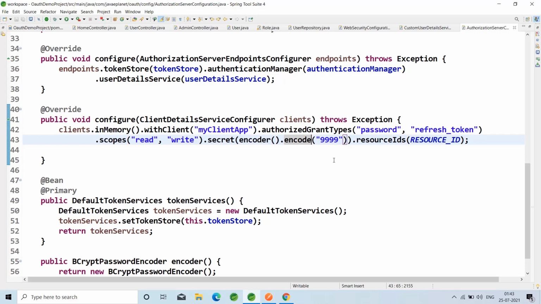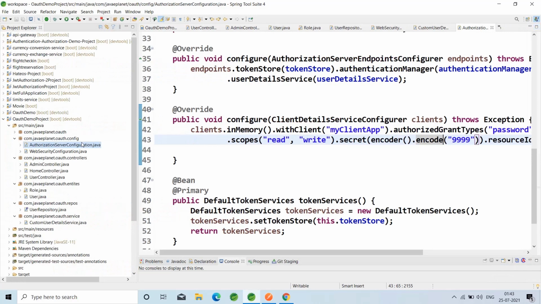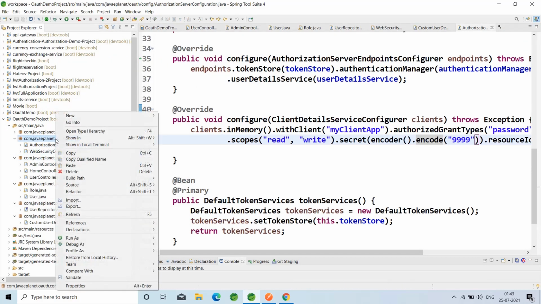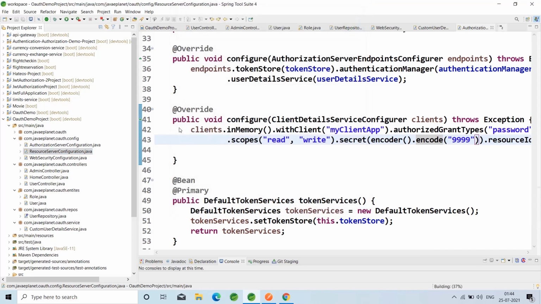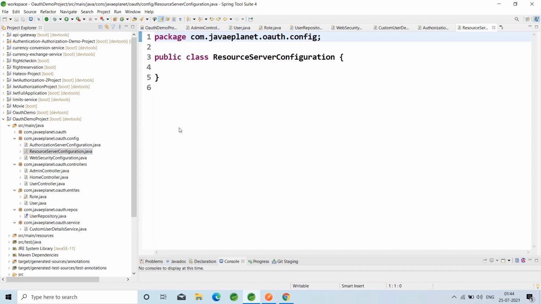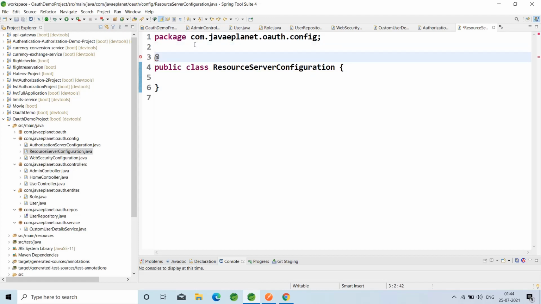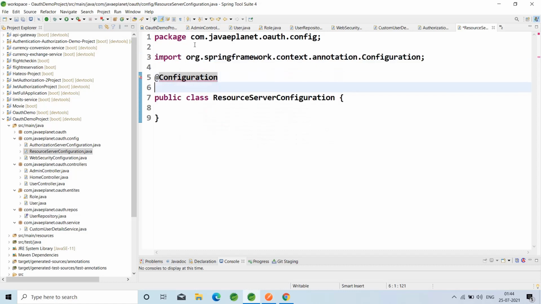Let me create the resource server configuration. Annotate with @Configuration and @EnableResourceServer.